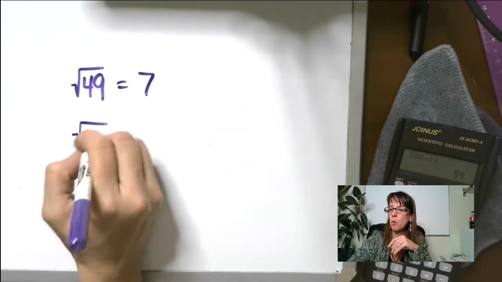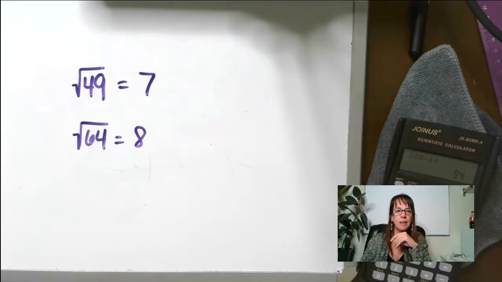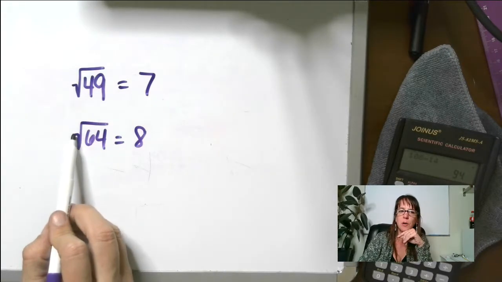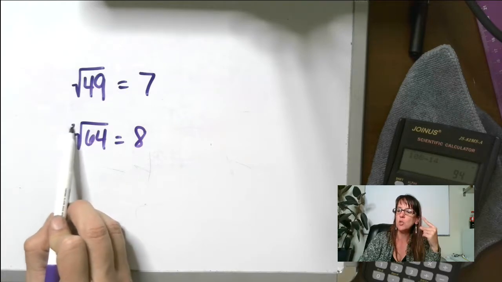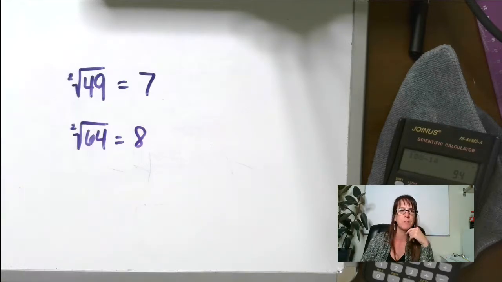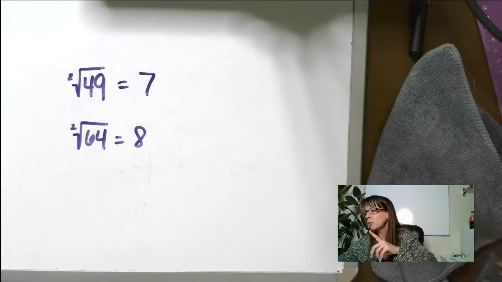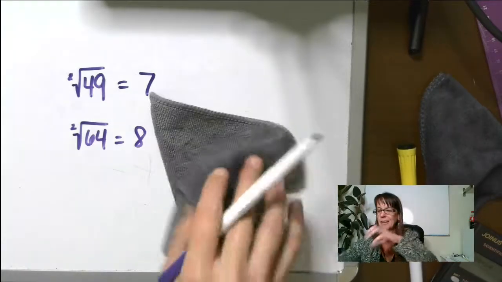Square root of 64 equals 8. All right. Now, if there's no little number here, it's assumed to be 2. You hear me saying square, and remember square is 2, right? Square is 2. You don't have to write the 2, and in fact, you probably shouldn't, because I was tutoring